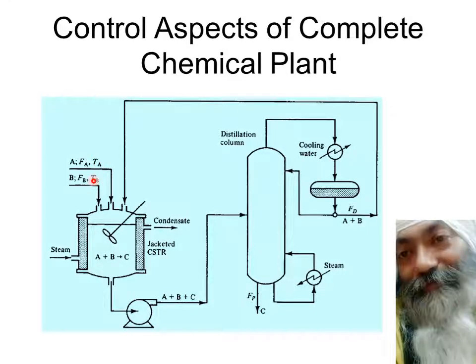We come over here and they go into this CSTR, the tank reactor, which is getting stirred from here. And this we take as an endothermic reaction, so we have to supply some heat to it. To supply some heat, we are giving in some steam from here, and this steam flow rate can also be controlled.